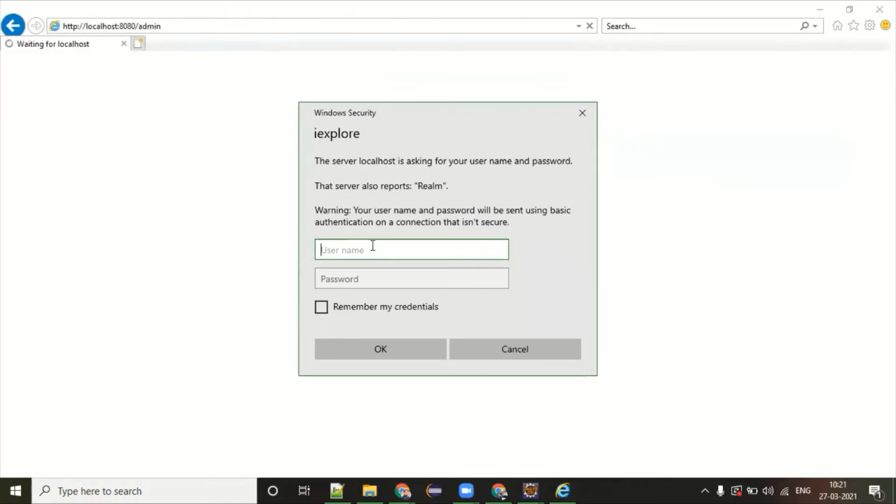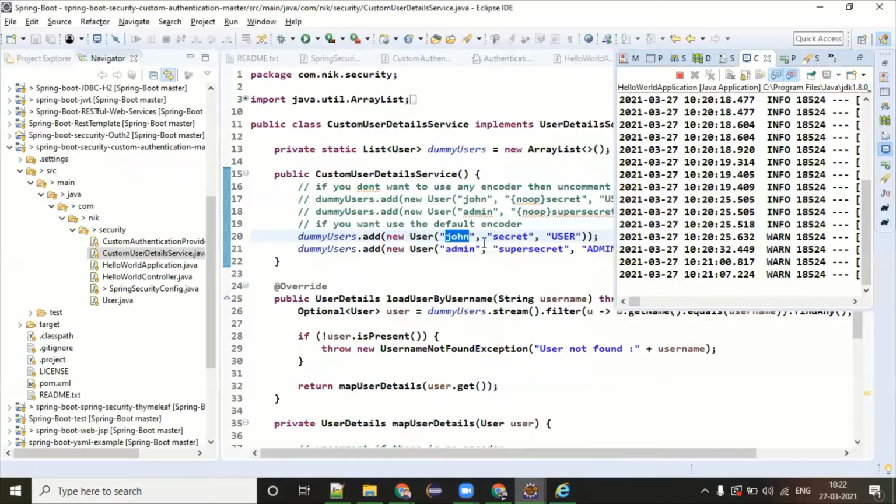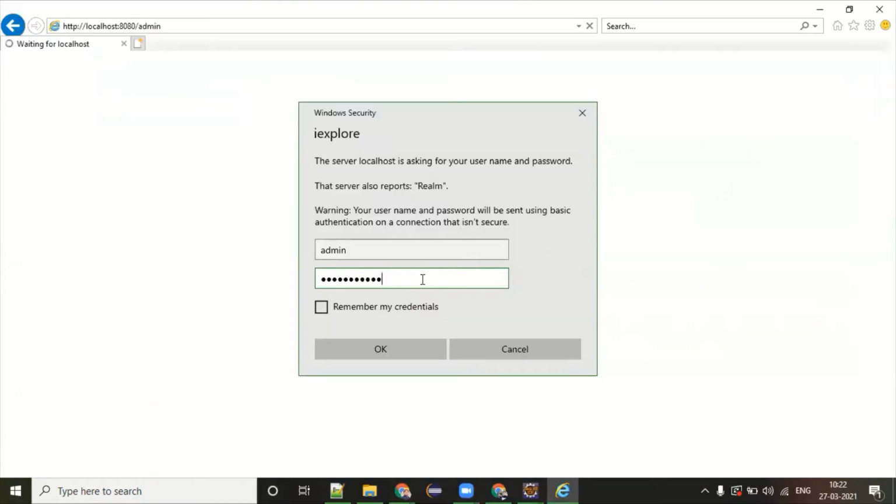Yes, username and password. Now I'm going to give the super secret password, and I'm expecting this should work.